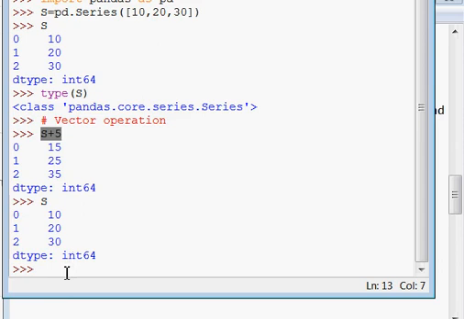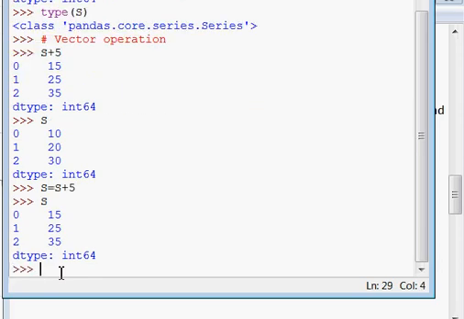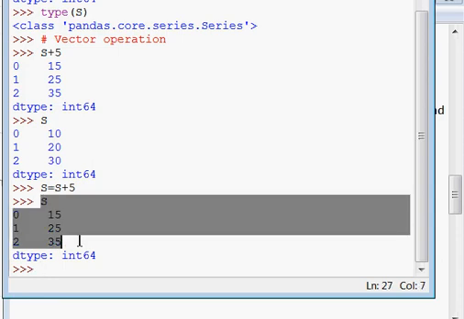So if you want to change the effects in the original series, then you should say S equals S plus 5. Now if you print S, it is showing the difference. Now your S becomes updated with an increase of 5 in each element of the series.